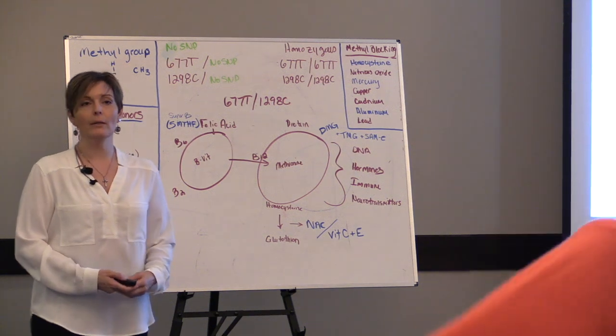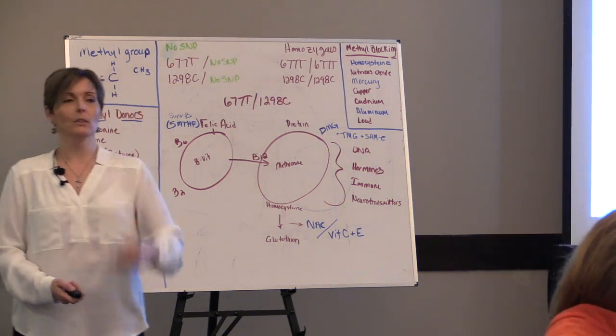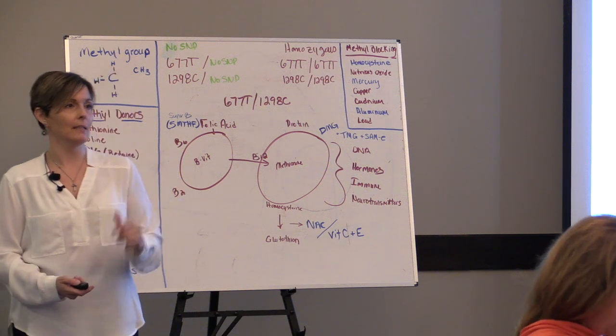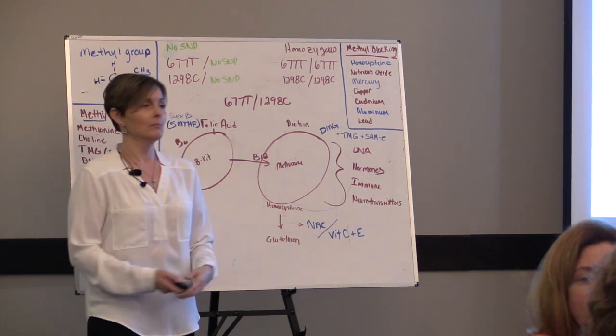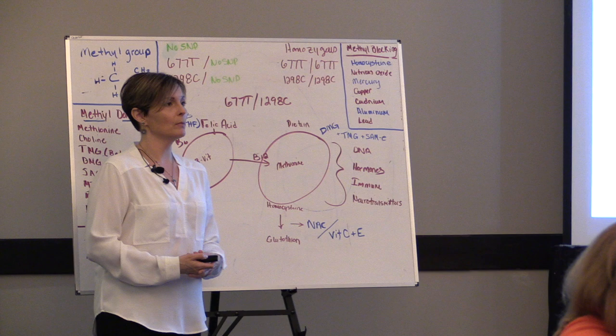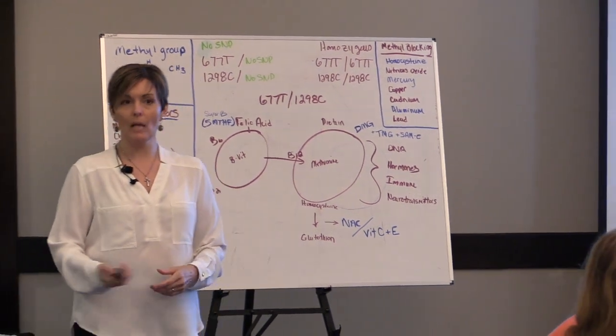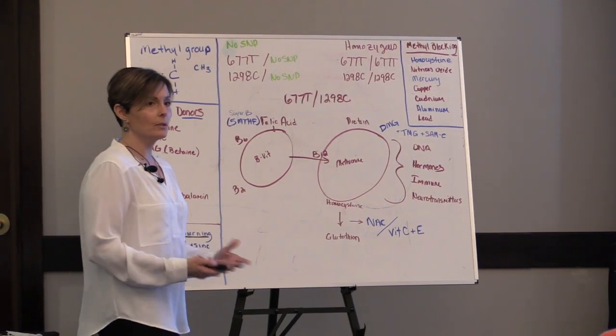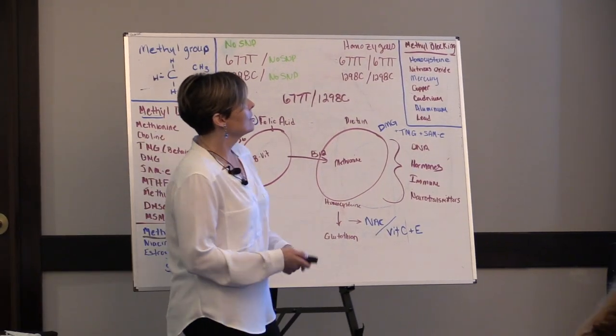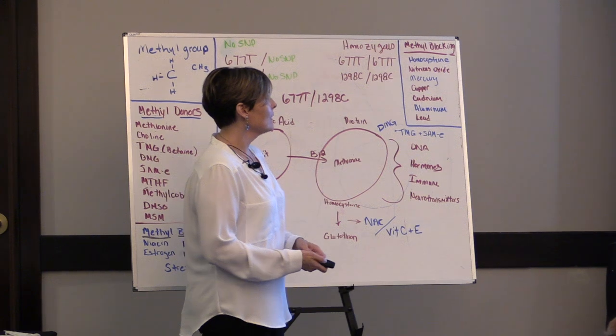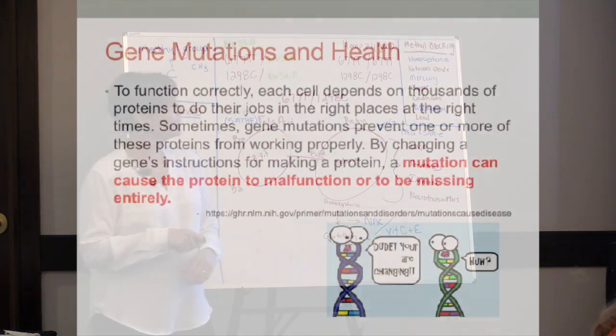So when I say acquired, there's usually something that'll turn on this snippet or mutate it, right? Like a toxin. And toxins in our world can be thoughts, foods, environmental toxins, chemicals, things that can alter the DNA. So what's the big deal? All right, so to function correctly,